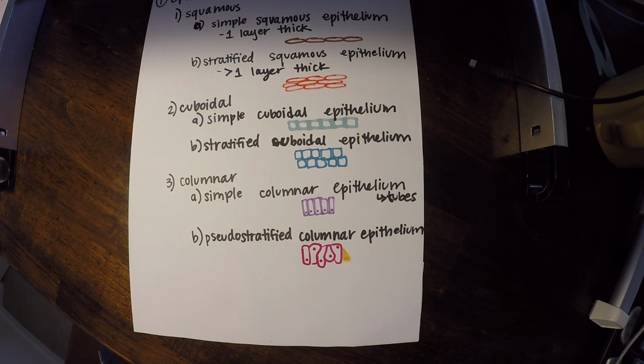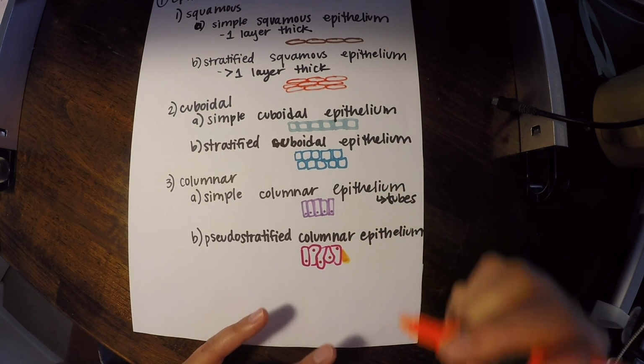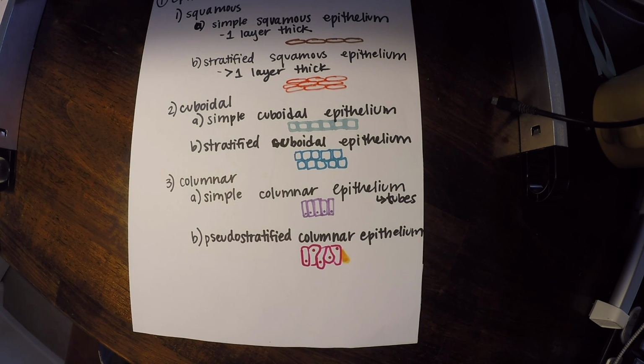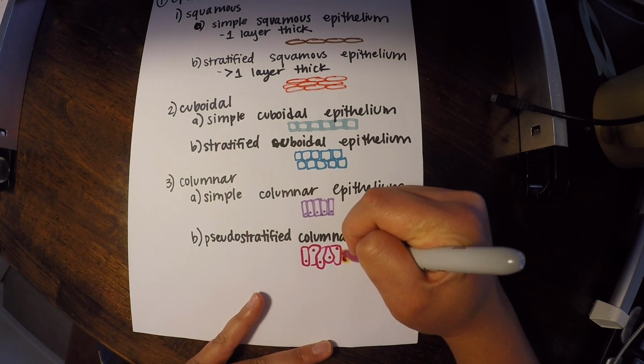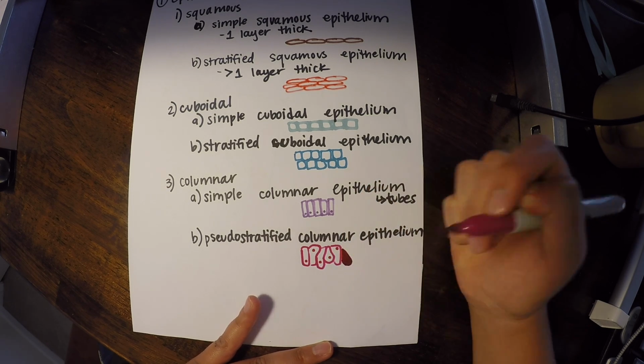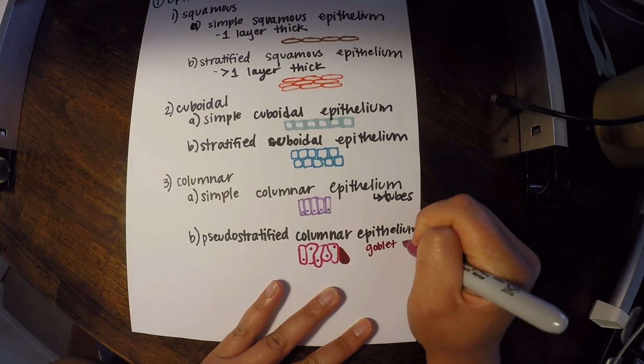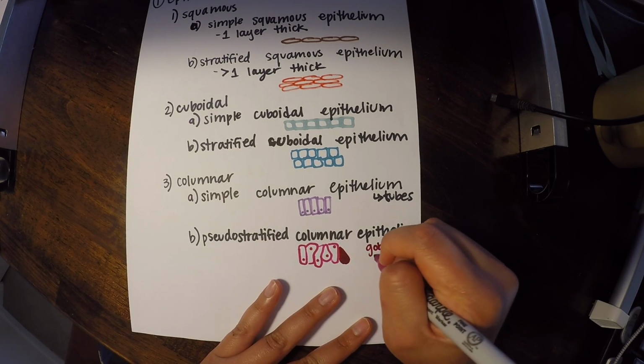There we go. You know what? This color isn't quite dark enough. Let's add in, we're going to make it bright orange. Oops. If only I could get a pen that was working well for me. All right, we're going to make it maroon colored. All right, so we have an extra cell on the side here, and that is called a goblet cell. And they produce mucus.